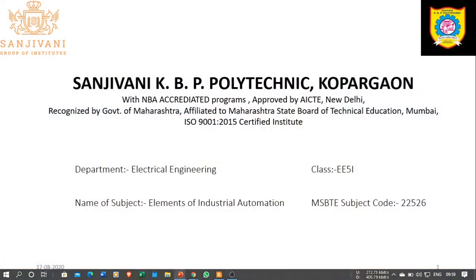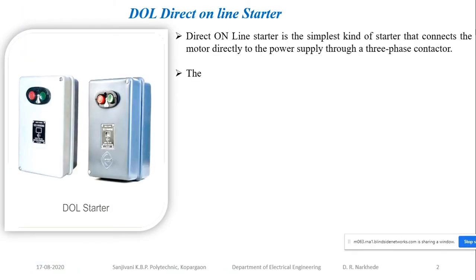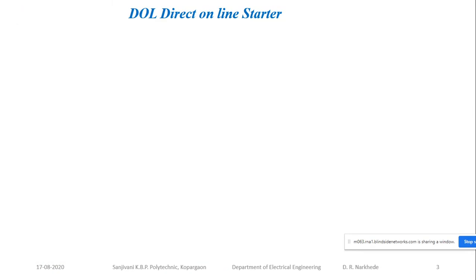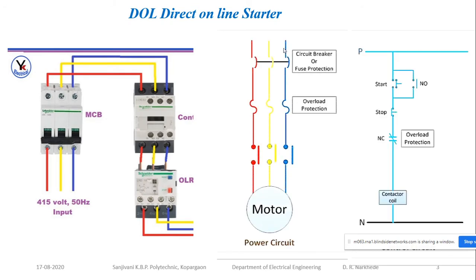Now, in today's lecture, we will discuss the star delta starter. In the previous lecture, we discussed the control diagram, power diagram, and wiring diagram of the duo starter. In the wiring diagram, we saw how to connect different devices like the MCB, contactor, overload relay, and so on. In the power circuit, we discussed the three-phase supply connected to major equipment such as the main contacts of the contactors, fuse, overload relay, circuit breakers, and the motor.